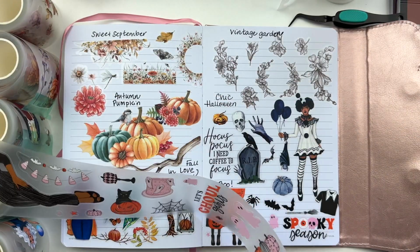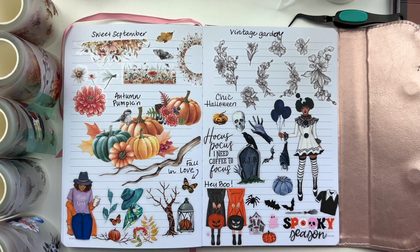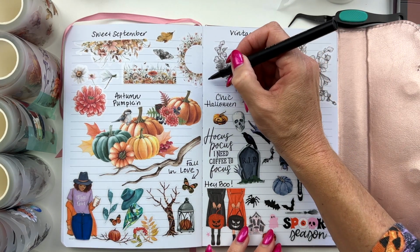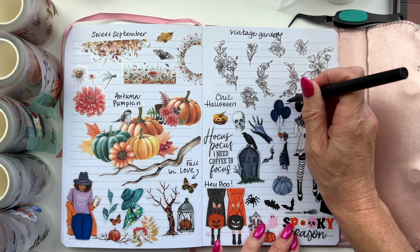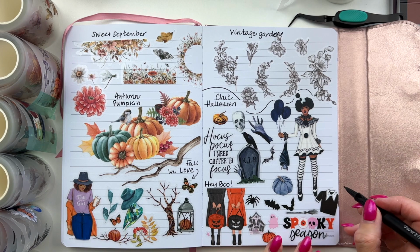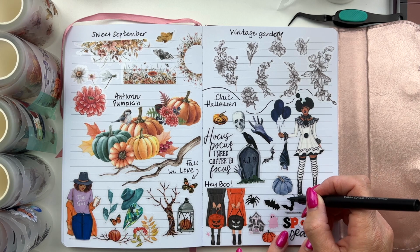Okay, everything is swatched. I'm obsessed. I love them all. I love the matte background because they look so cool on the paper. And I want to show you how I kind of separate them when I swatch them. And I like to swatch and put the name on there because that way you know what's what. And then you can just take your pen or your marker and then just draw a little outline. I do it kind of freehand, just kind of like this, to kind of separate the sections so that you know which stickers go with which collection,